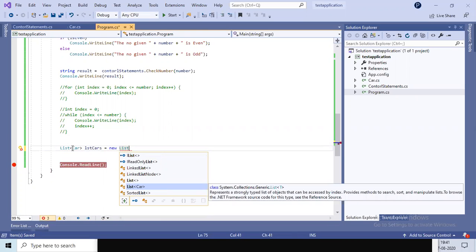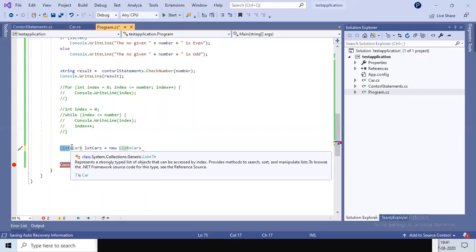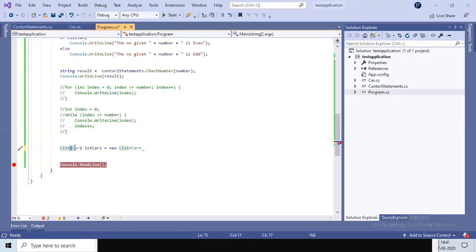So the syntax will be similar to creating an object. Before that, we'll have the list keyword, and inside these angular brackets we'll pass the type of the list. So this is the type of the list, and this is the variable, and we end this with parentheses.